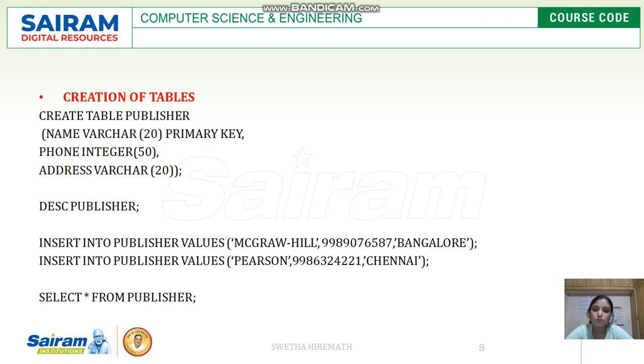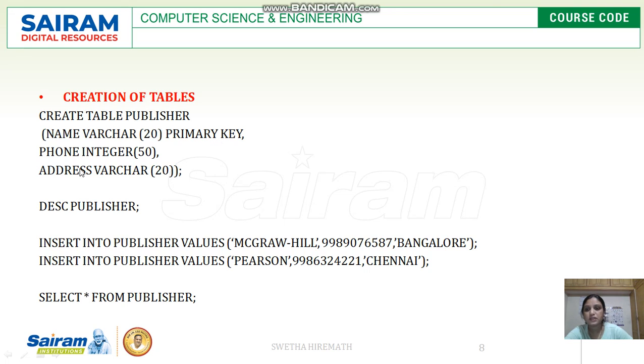Okay, coming back to the create table command here. Once we have created the database, the next step is to create the table. I told you there are different tables which have to be used in our database, so first we need to create them. One example I'll show you: create table publisher. In that, whatever attributes should be included, those attribute names along with their data types, and if we use one as a primary key, that also has to be mentioned here.